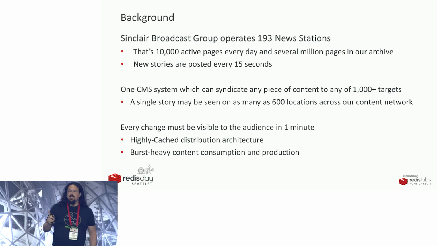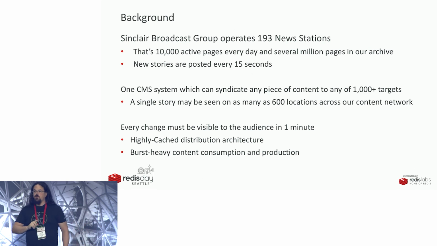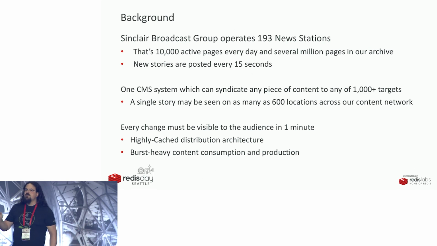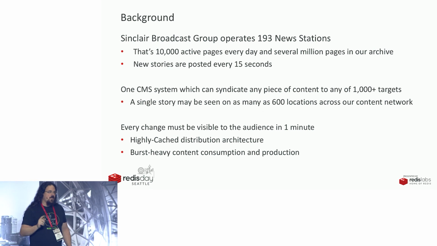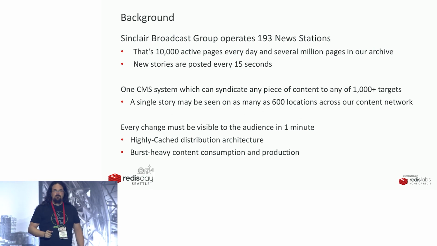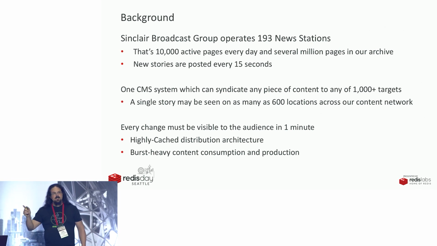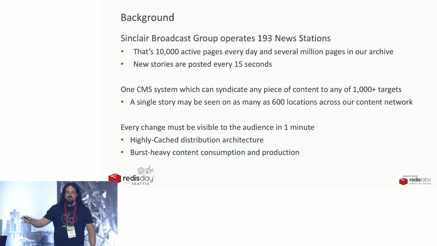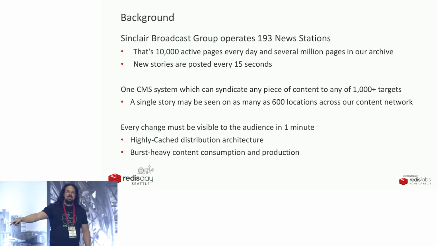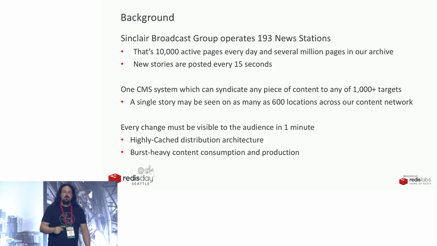And most critically, in the news business, if you are not the first one visible to the audience, and that includes all of your caching, it includes all of your refresh times, it includes Google. If you're not the first to the audience, you don't get the money. Our entire task as Sinclair Digital is to make sure that Sinclair can beat CNN. If we publish at the same time as CNN, we beat them by 47 seconds. That means we make money on a viral story and they don't.